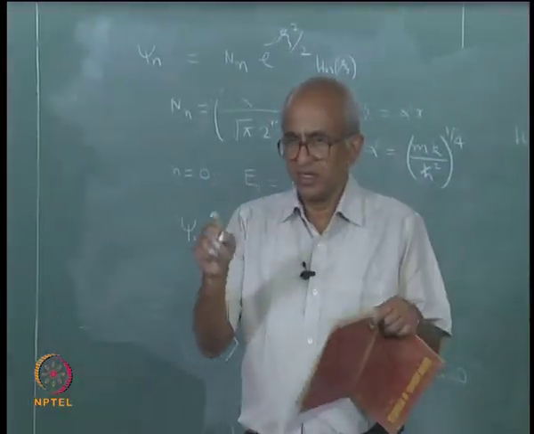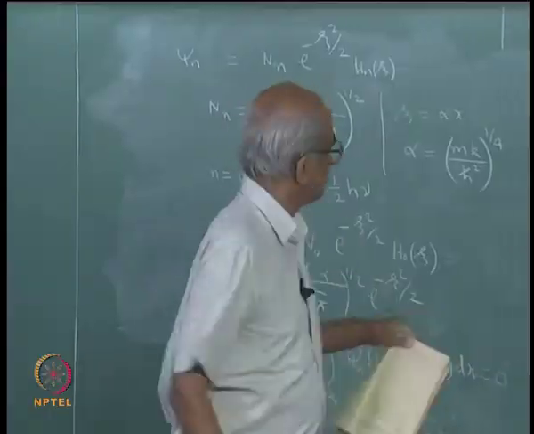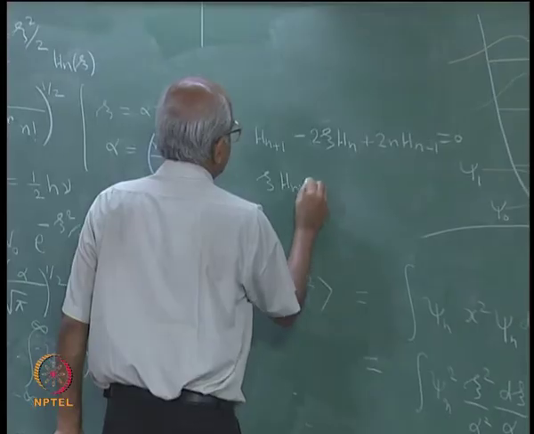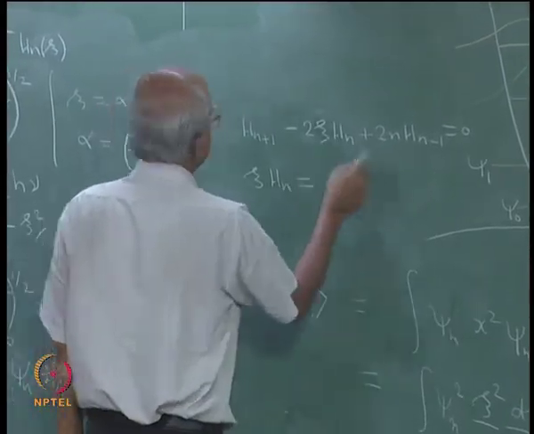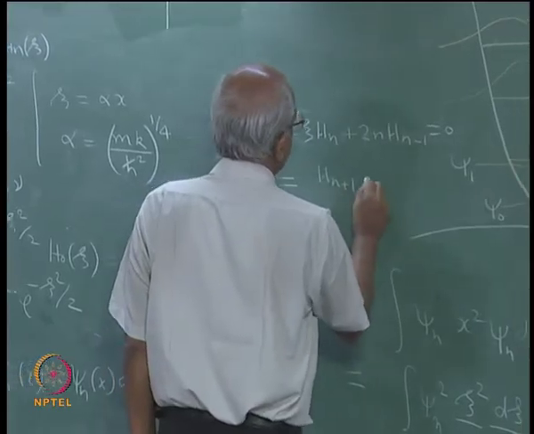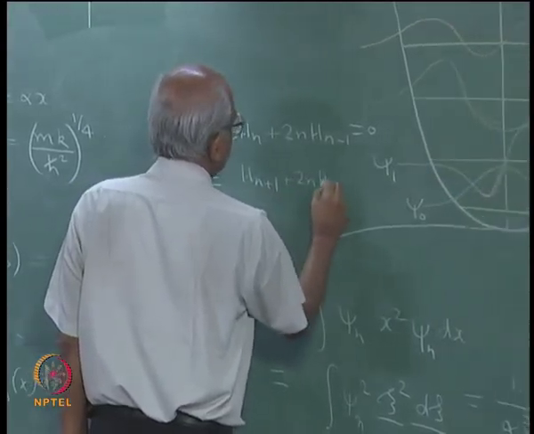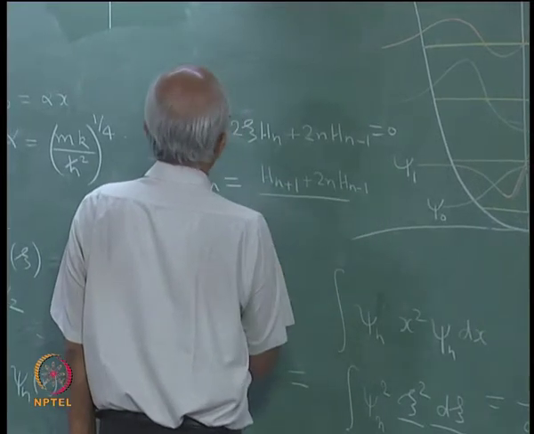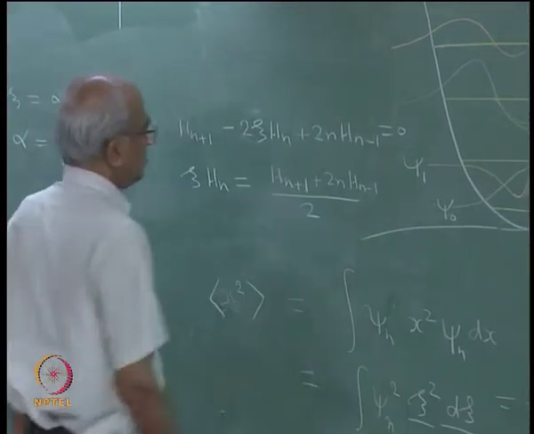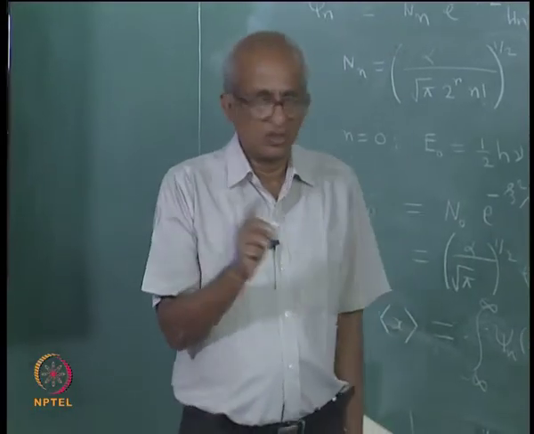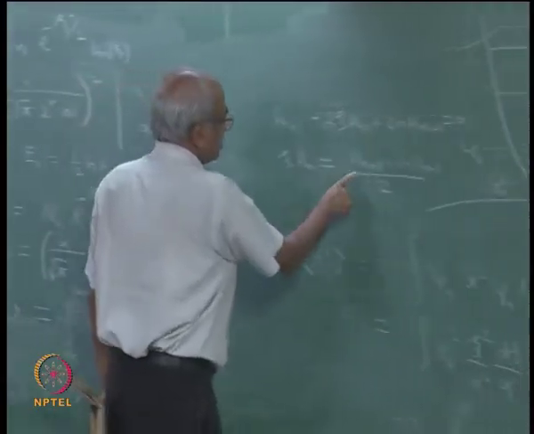This is an identity that we had derived in the morning. So, I can rewrite this and say this means that c times H n is equal to how much? H n plus 1 plus 2n H n minus 1 divided by how much? 2. Okay. So, c times H n I can write like this,